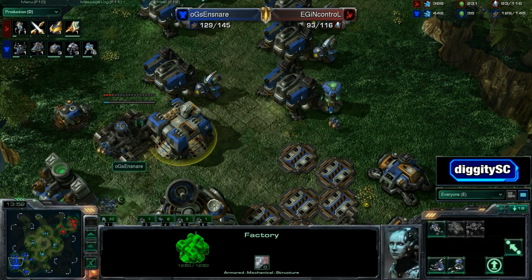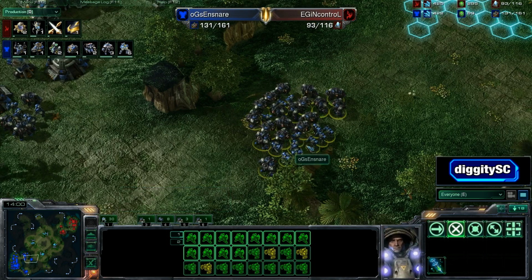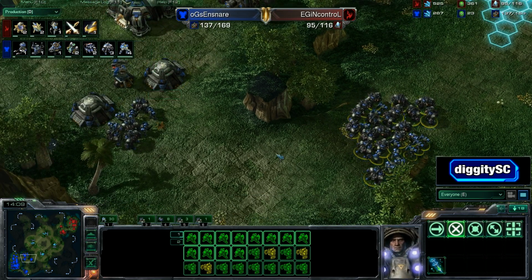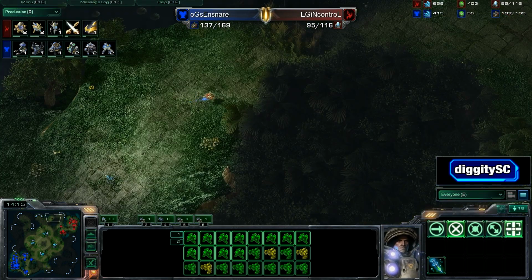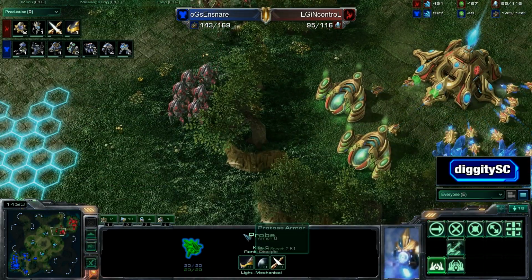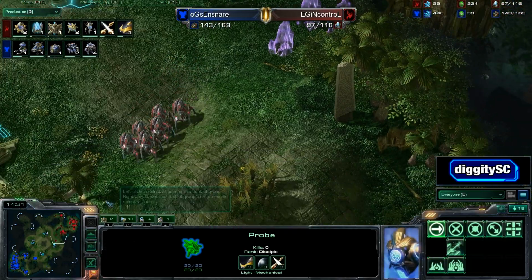Starport also in production, but it looks like it's hugging that factory, waiting for that factory to perhaps place a reactor. And this, I feel like, is a mistake for oGs.Ensnare. When you're infantry heavy, you always want to have medevacs to support, especially with Stimpak and other factors. But on this map in particular, when you have these ramps and these small contours that can completely cut off an army with sentries and force fields,